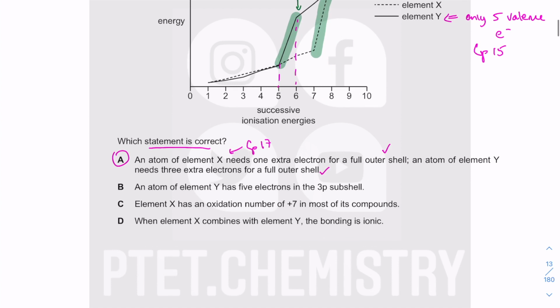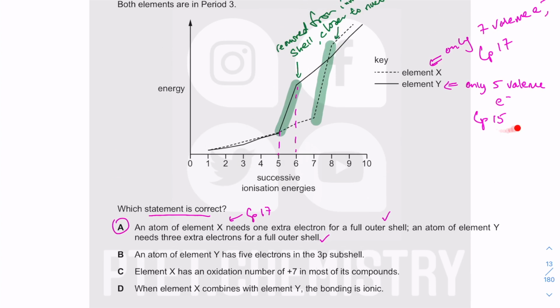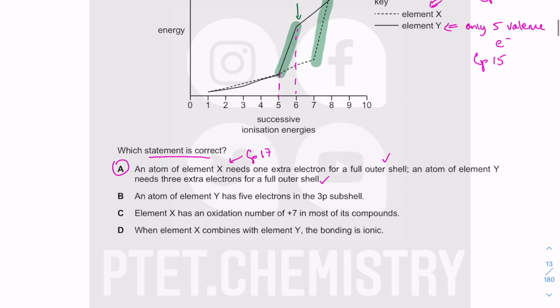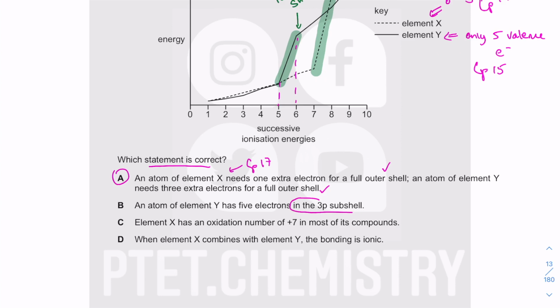But I'll just very quickly go through the other options to convince you why they are not acceptable. An atom of element Y has 5 electrons in the 3p subshell. We established that Y is group 15. It has 5 valence electrons, but this is saying in the 3p subshell. If you look at group 15, it's actually the 3rd element in the p subshell, so it's actually 3p3, not 3p5,